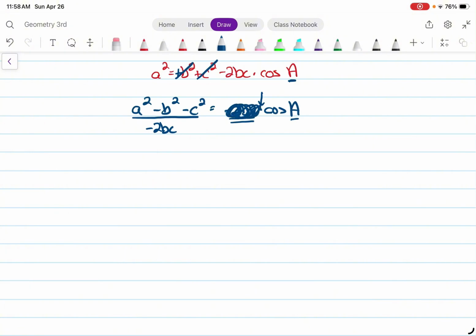All we have left is the cosine. In order to move a cosine, the opposite of cosine is inverse cosine. So we're going to come to the other side, and to move it, we're simply going to do the inverse cosine of everything. And you've got a by itself. So a is equal to